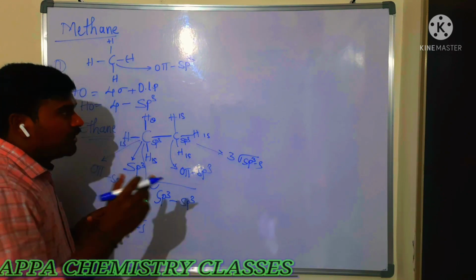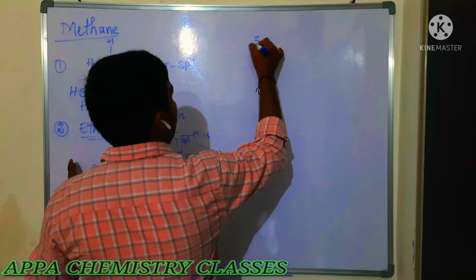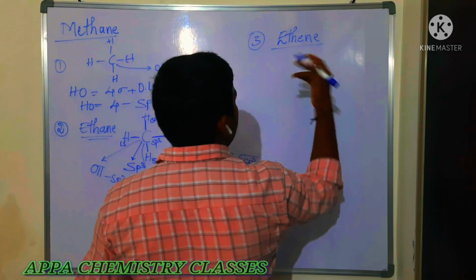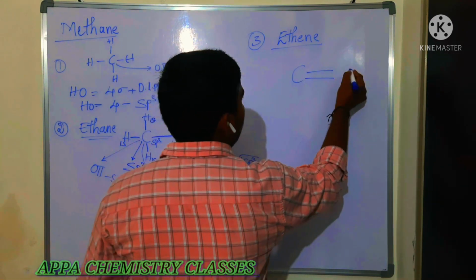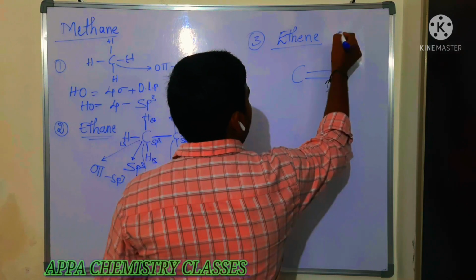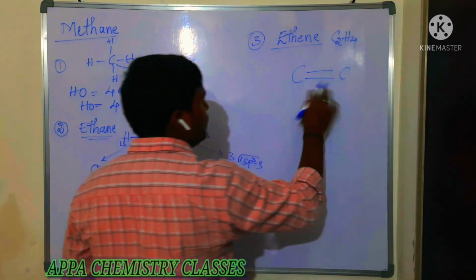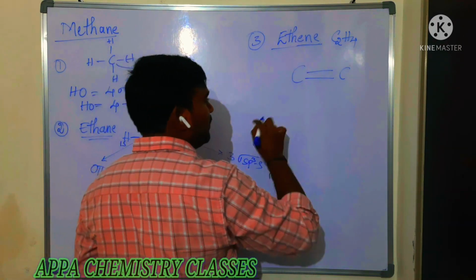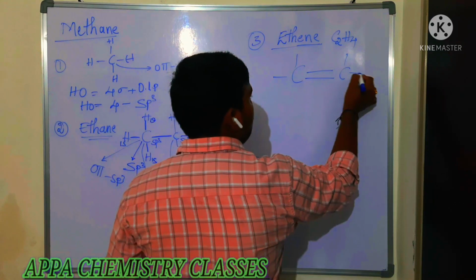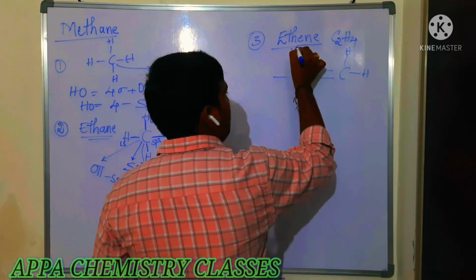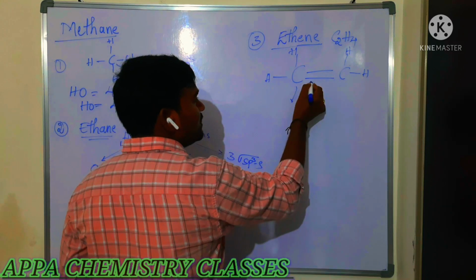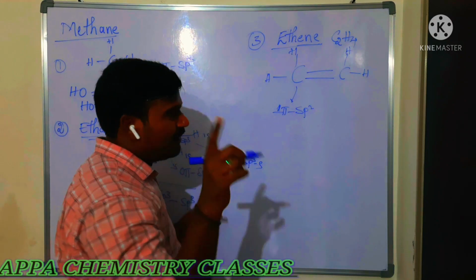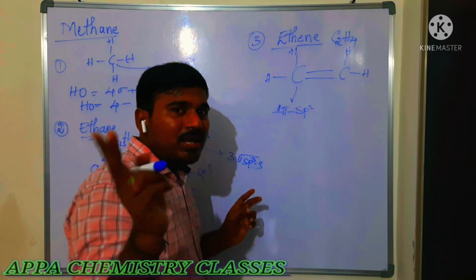Is that clear, everyone? Next, the third one, the ethene molecule. Ethene in the sense, in between the carbon and carbon there should be a double bond. The formula of ethene is C2H4. We have to write the 2 carbons, and here with ene we write a double bond. We write 2 more hydrogens here. Now based on pi bonds you can decide what hybridization it is. 1 pi bond means sp2. 0 pi bonds sp3, 1 pi bond sp2, 2 pi bonds sp.